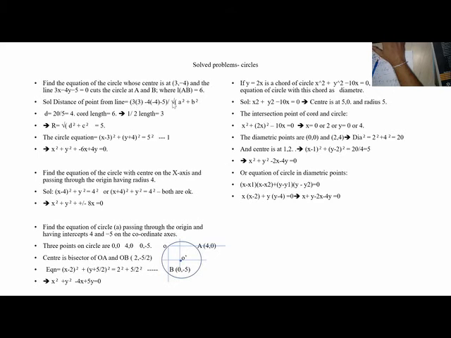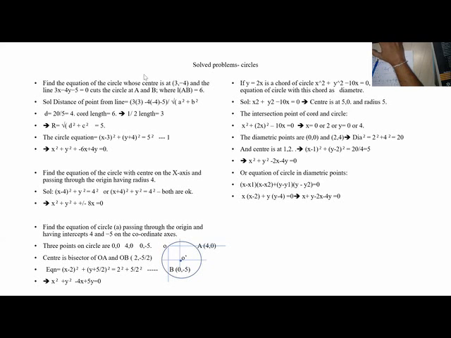So when I found the distance from this point onto the line, what I am getting is 20 by 5, so d is 4. That means the radius is 5, since 3 square plus 4 square is 5 square. So the radius is 5. Then what is the equation of the circle? (x minus 3) whole square plus (y plus 4) whole square is equal to r square. So we simplify it, and we get the equation.